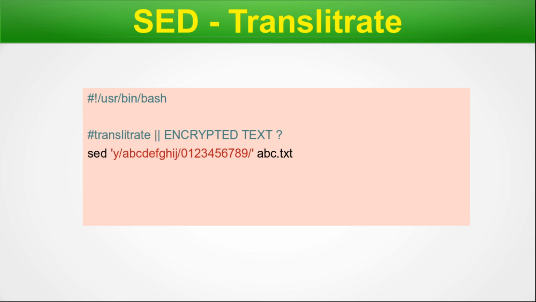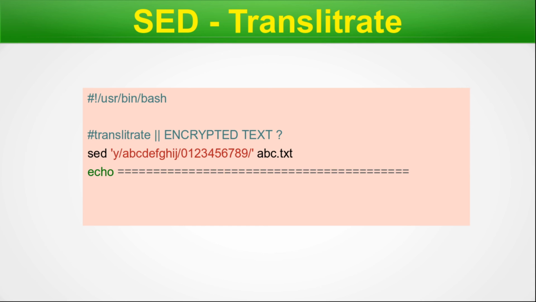It will make an output with the changes, but it will not modify the file, as we know. Here some of the alphabets are replaced by their desired numerals. So this is one way you can encrypt a text. No one else will be able to understand it; only you know the mapping. So just for fun, you can try it out. You can write a text file and encode it with your own mapping.